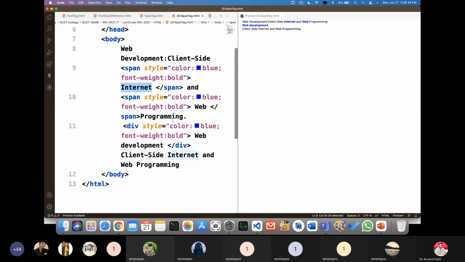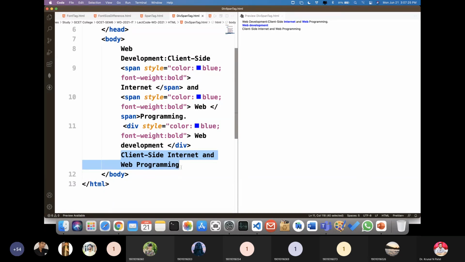But what happens over here, remember this: whenever you are using a division tag and when you close it, the next thing will start from a new line. This thing you have to remember because it decides the flow of your web page, right? So here the same line is there, but after this web development, a new line will be started because it's a division block, right?